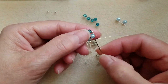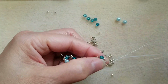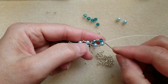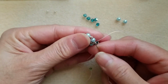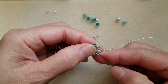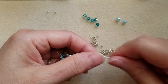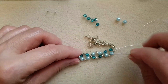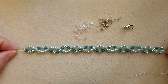Then pick up 1, and I'm going to continue adding 1 here and here. So I'm going to continue until I have 12 components. Right now I have 3. I completed my 12 components,